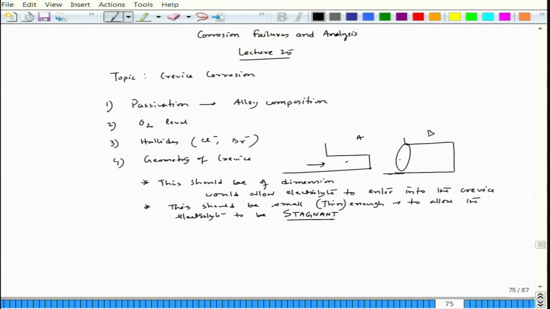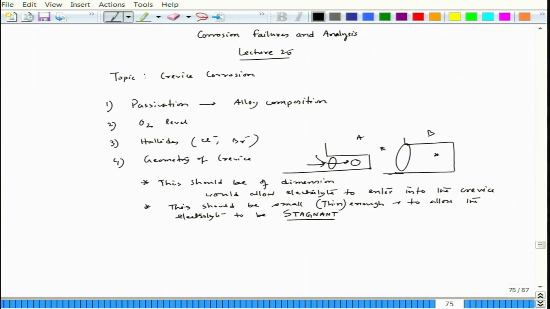That means, if it is a large crevice, see this opening is a large wide opening, then of course, if there is a ripple in the electrolyte, then this electrolyte and the outside electrolyte, so this electrolyte and this electrolyte, they can get mixed up. Okay. But in this case, since it is a small opening, electrolyte can enter, but at the same time, even if there is a ripple in the water, this electrolyte that has gone in will not have any chance to go out and get mixed.